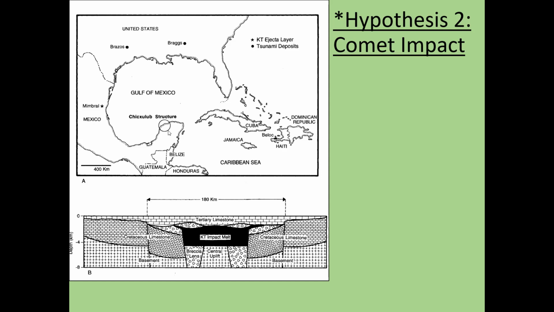And if we do a cross section through the Chicxulub structure, you can see, first of all, this round structure here with broken up chunks of rock beneath where the main impact would have been. And you can see a very large area of melted rock right at the extinction event. You can see broken up chunks of breccia deposited immediately on top of that melt. And then during what we would now call the Paleogene, but used to be called the Tertiary, just regular, uniform, horizontally deposited limestone deposited on top. So you can see it's a very brief event right at the extinction horizon.